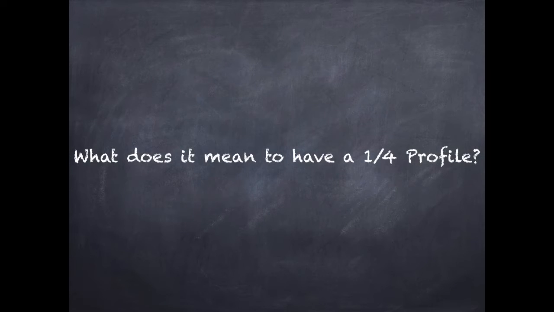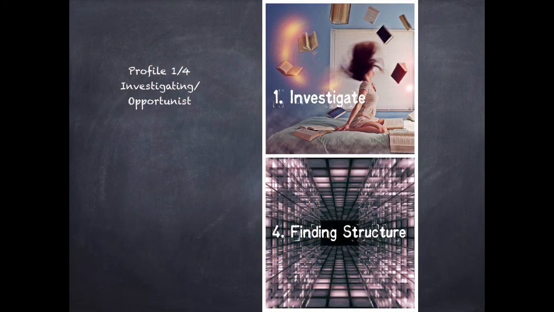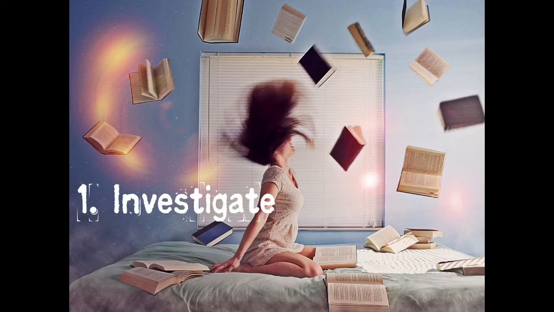So what does it mean to have a 1-4 profile, and how does it affect your character? Profile 1-4 is made up of the lines of the investigator and also the opportunist. When someone has a first line in their profile, that means they're data driven and like to investigate. And when it's combined with the line 4,